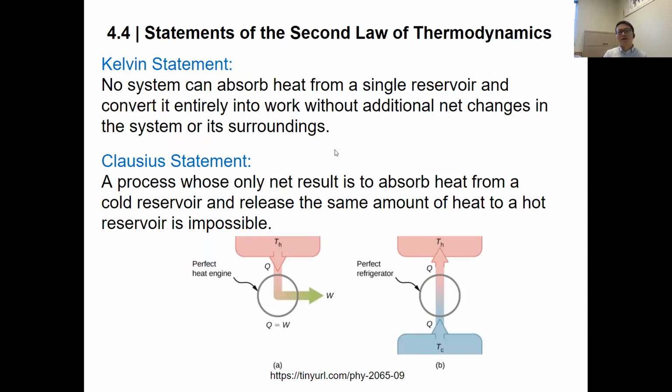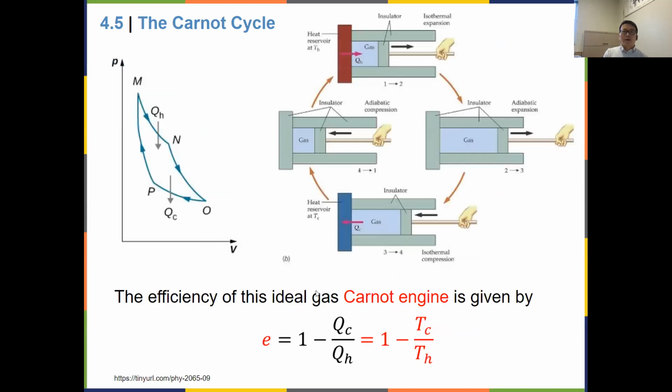Two more statements of the second law we explored: Kelvin's statement and Clausius statement. Basically, you cannot have a perfect engine or a perfect refrigerator, in short sentences. We also looked at the Carnot cycle, which means we are assuming everything happens so slowly,